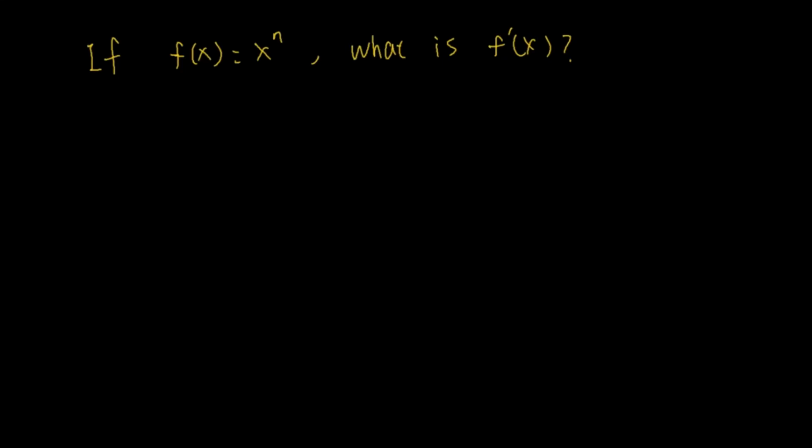In this video, I will talk about if you have f at x equals x to the power of n, what is f prime at x? In this case, n is a constant. It's not a variable. Some of you watching this video may already know what the answer is, but it is